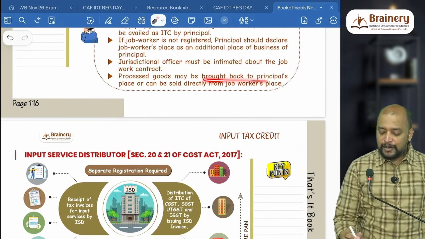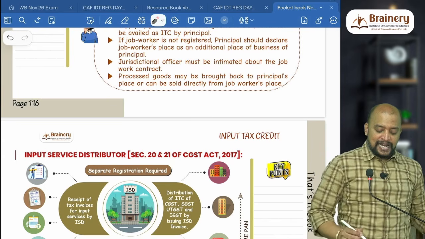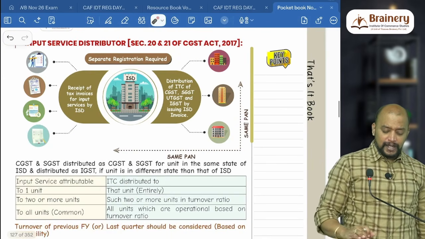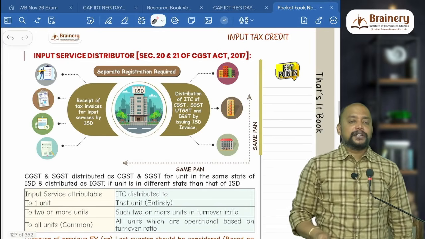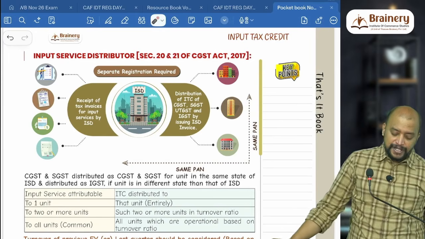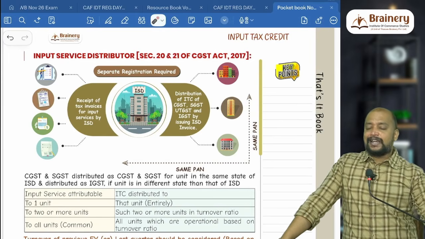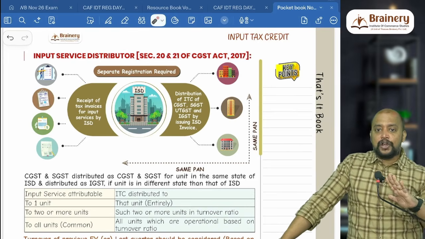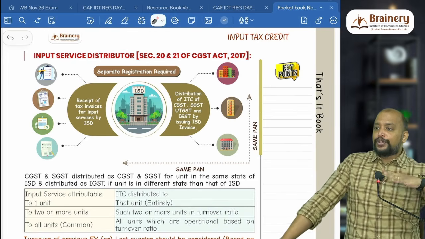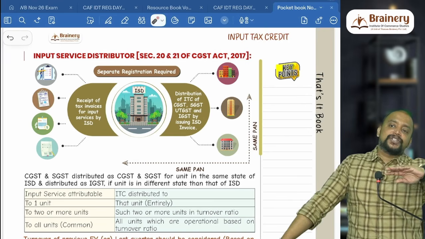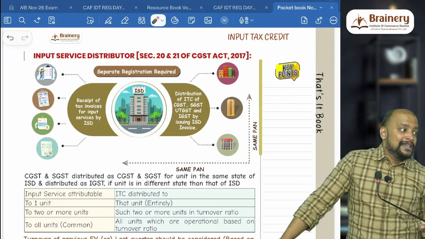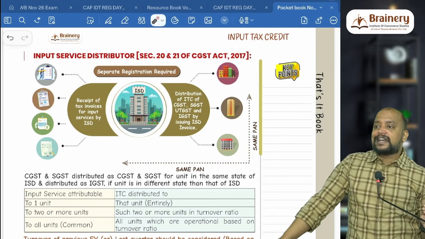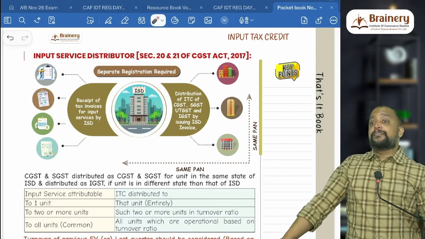Processed goods may be either brought back to principal's place or sold directly from the job worker's place. Then we saw section 20 and 21, input service distributor, that is, a registered office which will take the ITC on input service and distribute it to the divisions or branches under the same permanent account number. That office which distributes the credit should get recognition as an ISD and should get a separate